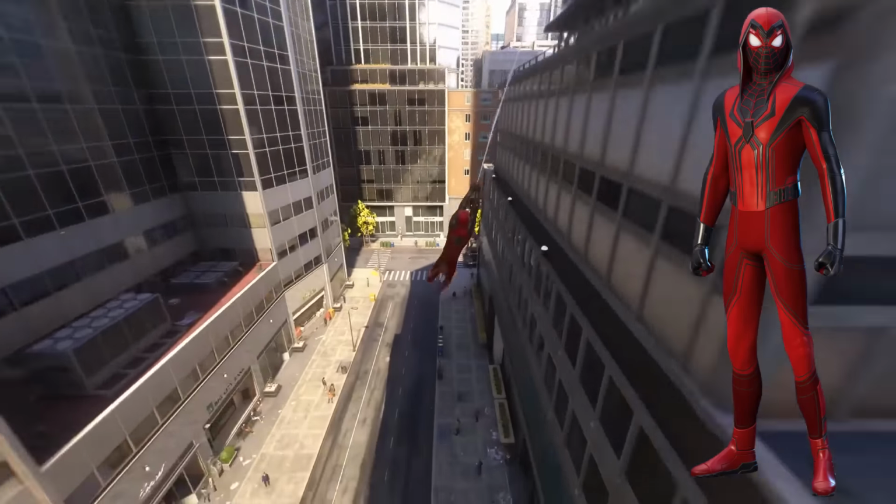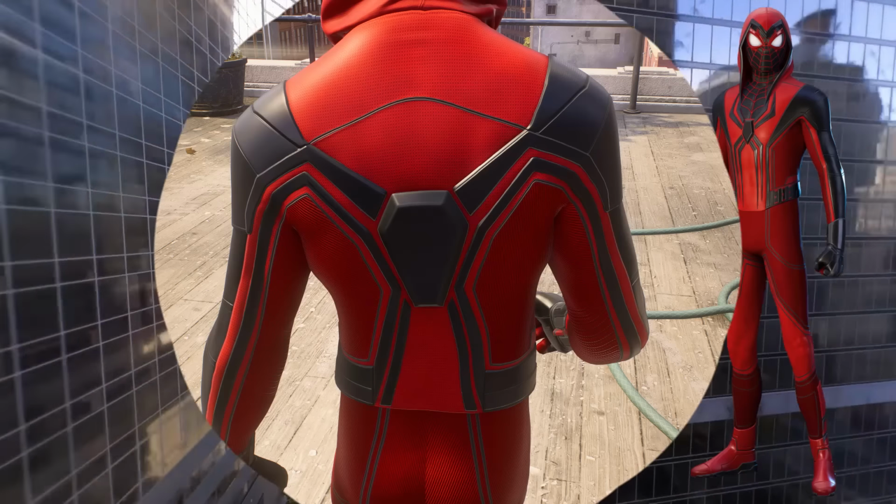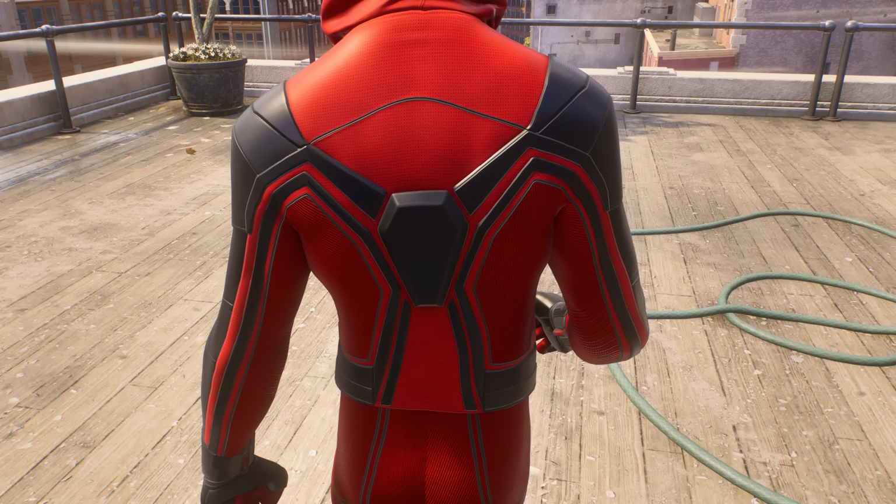The suit looks okay from the front, but then you look at the back and there isn't really a spider on it. There's like a coffin-shaped hexagon with lines coming out of it, and I don't like that. I don't think it's as cool as the spider symbol would be. And that's pretty much all the back has. Outside of that, it's just a ton of red. And since you'll be seeing it from the back most of the time, I'd say this is a pretty significant